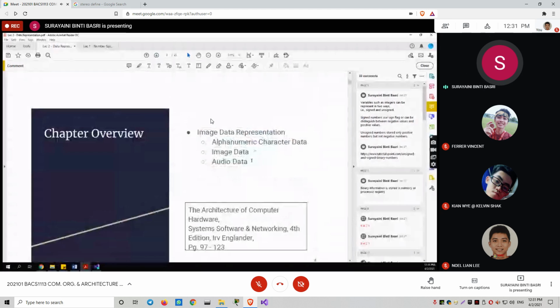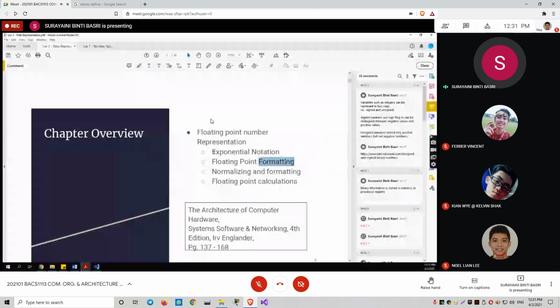So now we are going back to this floating point number, but in this lecture we only cover up until the exponential notation and floating point. The normalizing and formatting and also the floating point calculation, we will cover in the next lecture. Okay, so we proceed to the floating